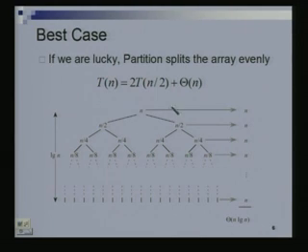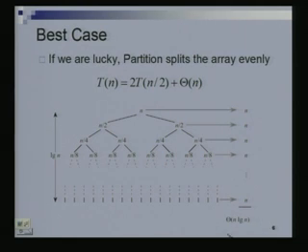So in effect, in each level of this tree that I have drawn in this manner, I am taking order n time to do the partition. And how many levels are there in this tree of mine? Log n, because eventually you will end up with 1 and there would be log n such levels, right.